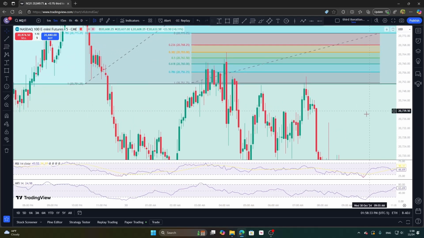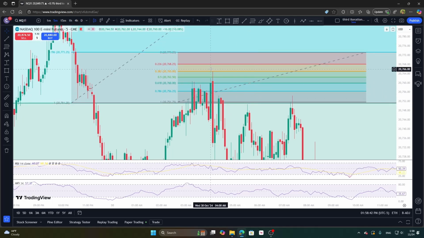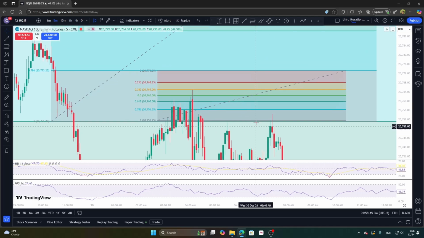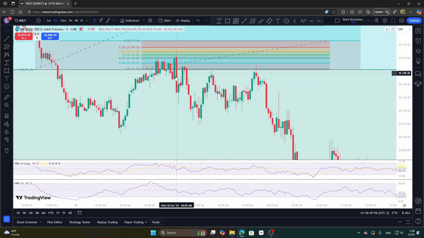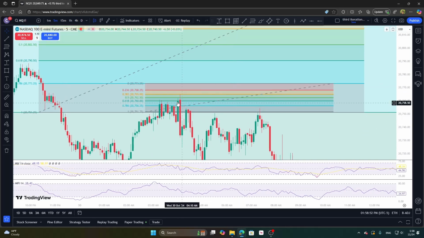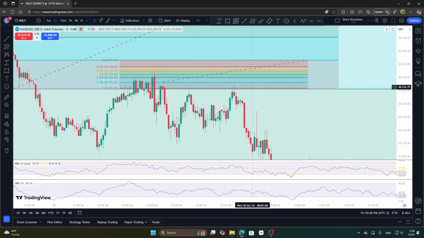Right? So if we look at it here, we really pushed past that 6.18. There was some healthy rejections off of that. Then it went to the 3.82 optimal for a rejection, right? But ideal would have been quite nice as well. However, you've got to realize markets are slower. If RSI is somewhat up there, it's going to start moving, especially with that. And then considering how much drawdown is here, it's not really that much considering how much you can make off of those rejections, right? And then if you consider it here,